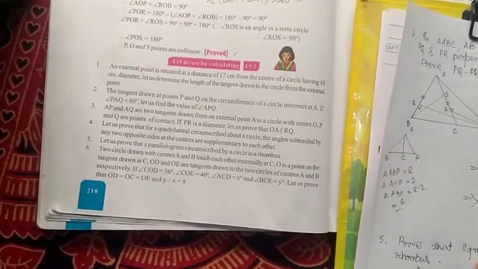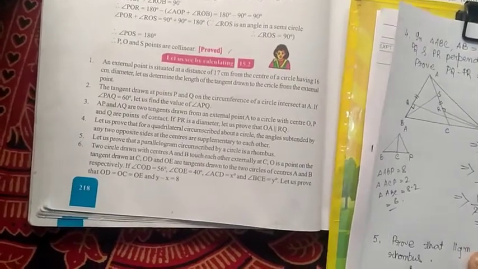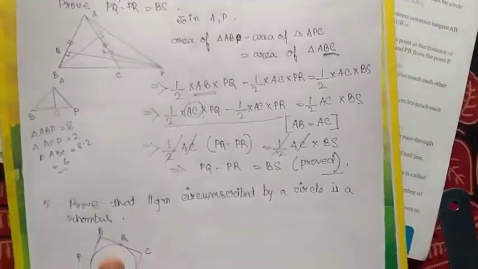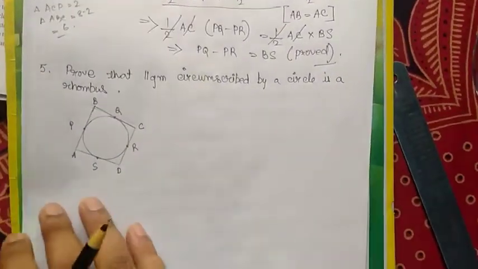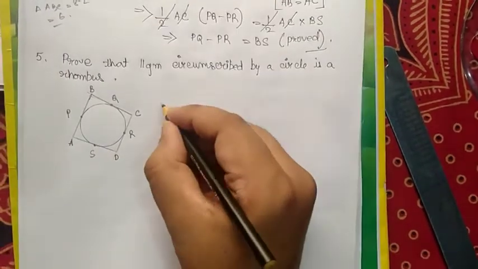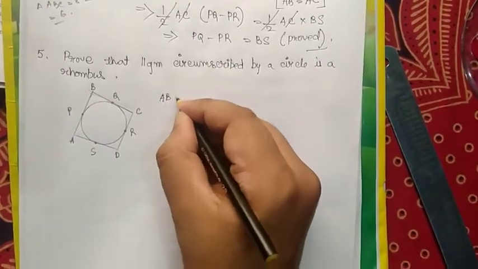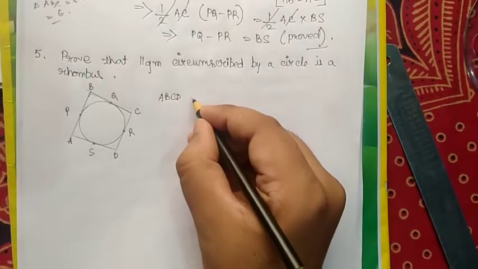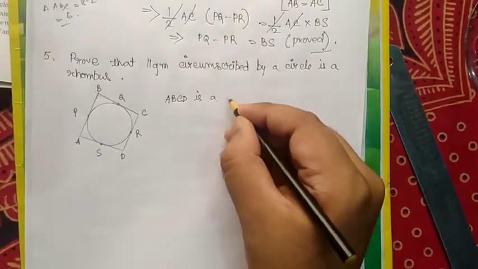This is sum number 5. Let us prove that a parallelogram circumscribed by a circle is a rhombus. So this is the picture. So here we can say that ABCD is a parallelogram